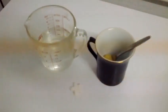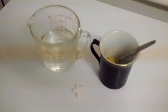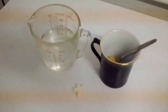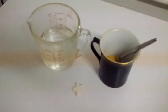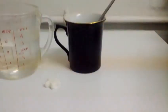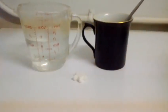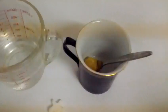Alright, I am going to show you how I emulsify lanolin, and I have to apologize for the bouncing light behind me. I'm not really sure why it's doing that, but anyways, you'll see I have a regular coffee mug and a cup-ish of hot water and a wool wash bar sample. And inside my cup is my spoon with my lanolin, and I usually just get a big glob that I eyeball. So what I'm going to do is pour my water in